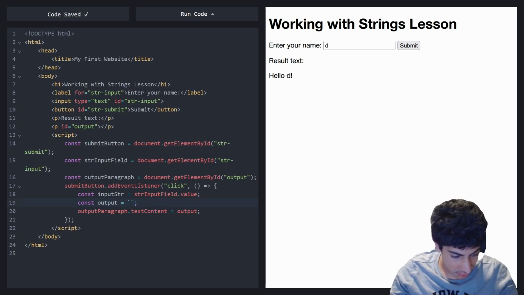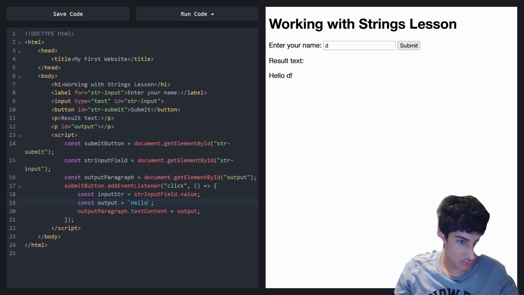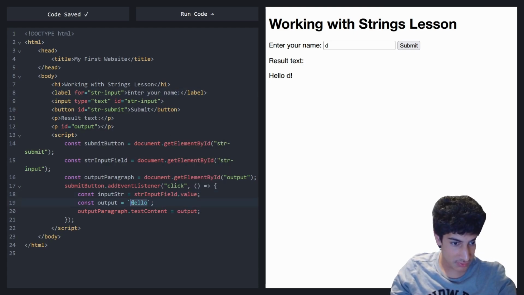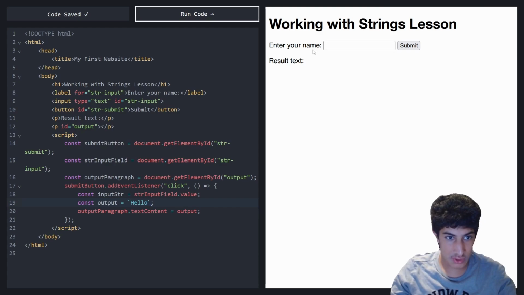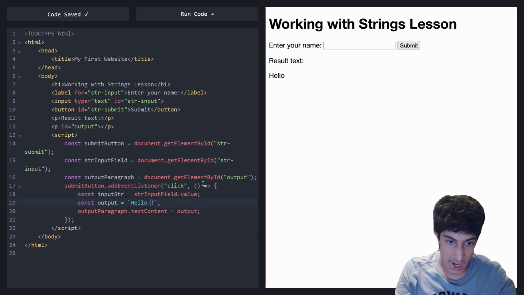And backticks are at the top left corner of your keyboard. So backticks, just by themselves, if you just use them for text, they work exactly the same as regular strings. So I typed hello in here. This would work the exact same way if the hello was in quotes, but the power of these backtick strings, which are called template literals officially,